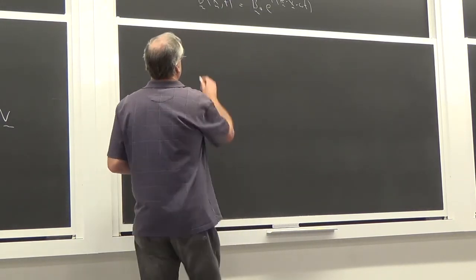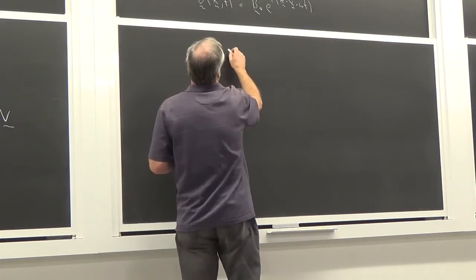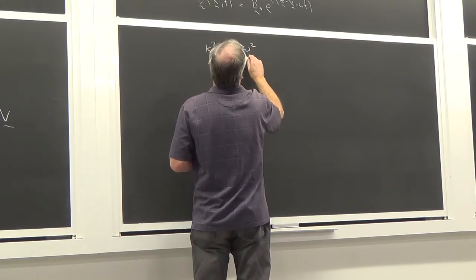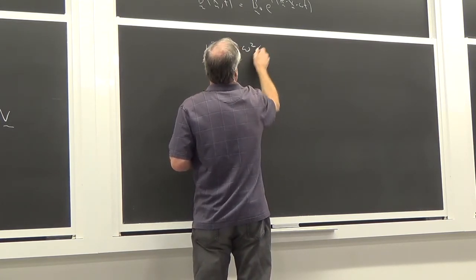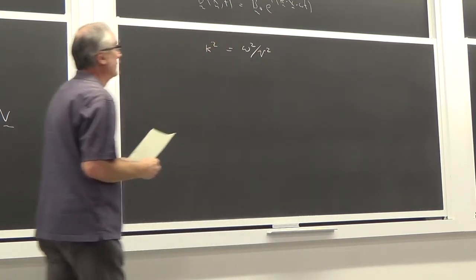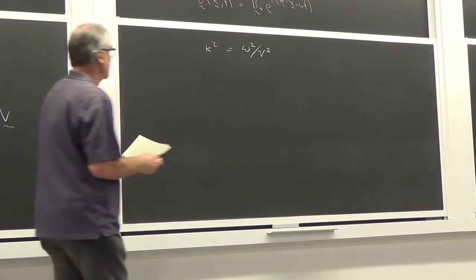And so you're going to get k squared is equal to omega squared over v squared, where I substituted in v squared for epsilon mu. So you can try that explicitly yourself and make sure that works. Okay, so k squared is